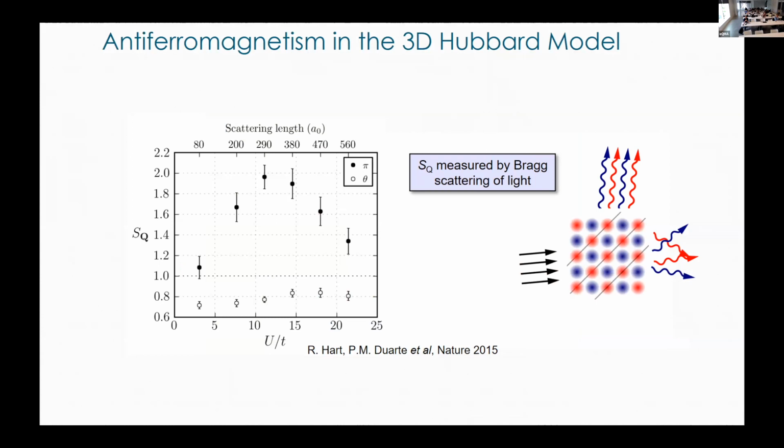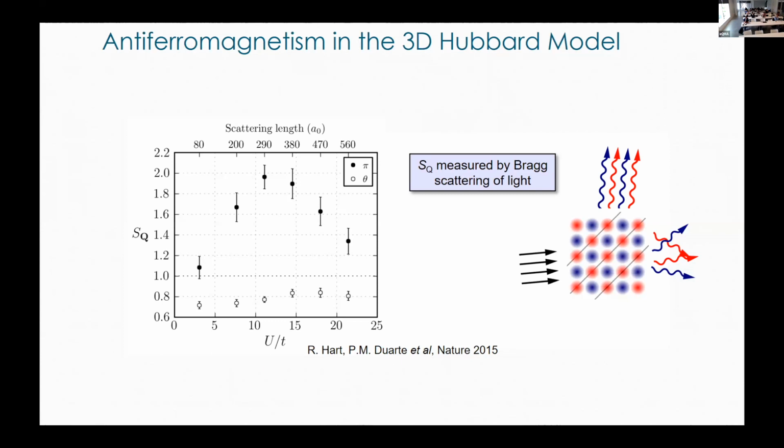And so we can do elastic scattering, which is very analogous to, say, neutron scattering. And there's experts in this room on that topic. Or X-ray scattering, but it's again spin sensitive. So this is the results of that experiment. This is a few years ago now. Static structure factor, which contains the correlations, the spin-spin, and the charge or density correlations as a function of interaction strength normalized to hopping. And you can see when U over t is about 10, that the structure factor